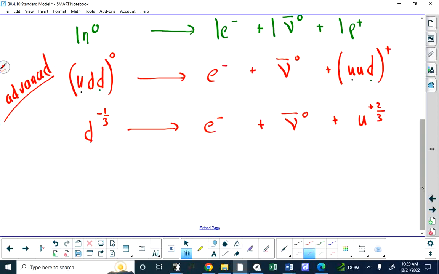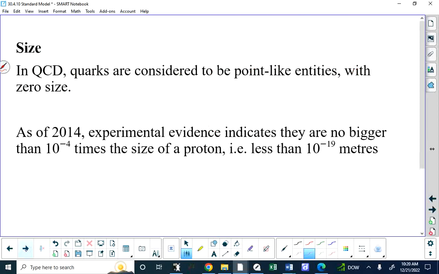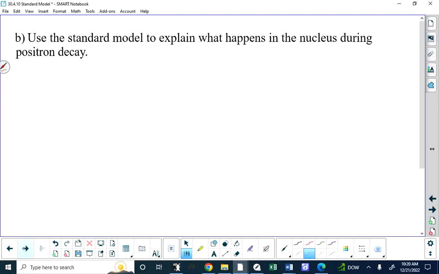Okay, let's quickly run through one where it's positron decay. Use the standard model of matter to explain what happens during positron decay. Ian, can you give us an atomic number? 52. 52 is tellurium. Annalie, can you give us an atomic mass number that tellurium might have? 115. Okay, 115. You should know that positron decay would be this,